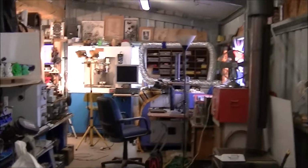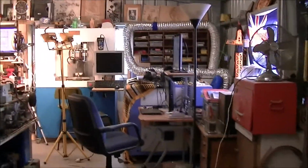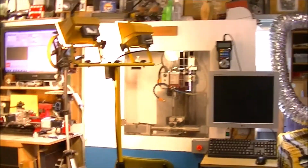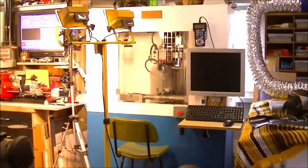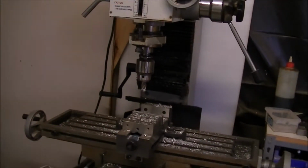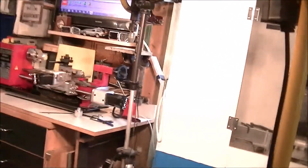I thought you might be interested, so I've brought you into the workshop. I don't know whether any of you are interested in the setup that I have. It's a bit messy at the moment because I've been moving things around, but this corner is devoted to laser. Most of my CNC machines are on wheels, so I can put them anywhere I wish in the workshop, really. Of course, the larger machines like the lathe and the large milling machine are fixed to the floor. So I try to make things as mobile as I can,